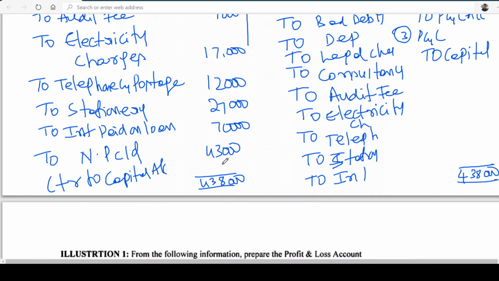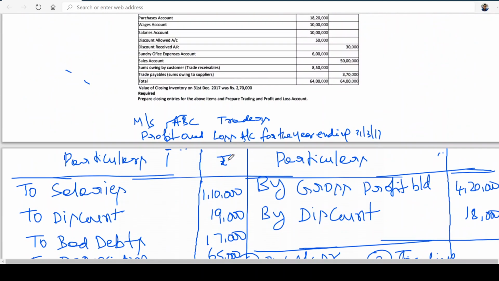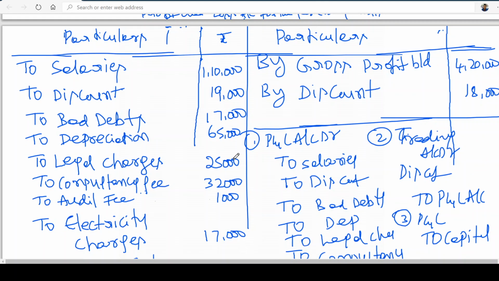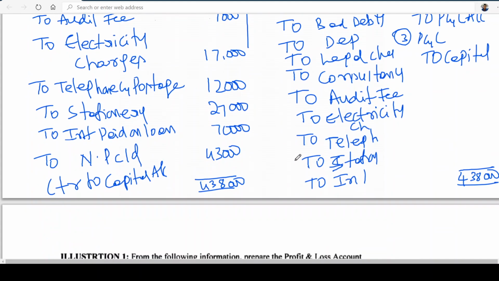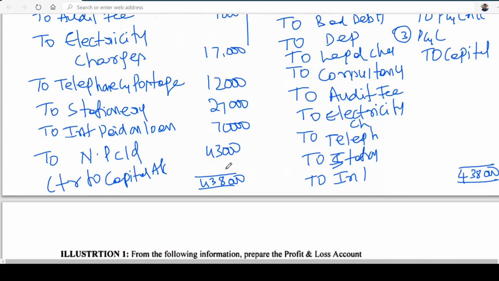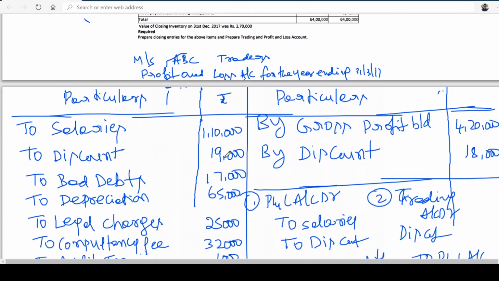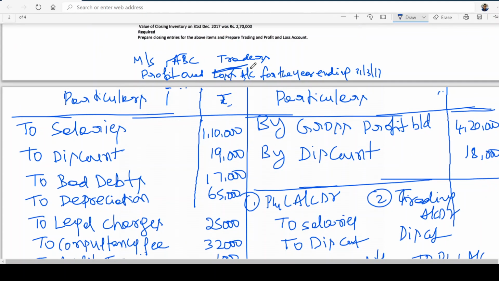Okay, I think you can copy down. You can press the pause button, and this can be copied down later also. So you can practice this. No need to copy down. This problem is there, I think, in the study material. If you want, you can cross check. So net profit carried down is how much? 43,000. Okay, is this clear? So let me erase this.